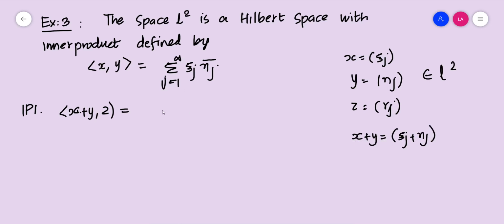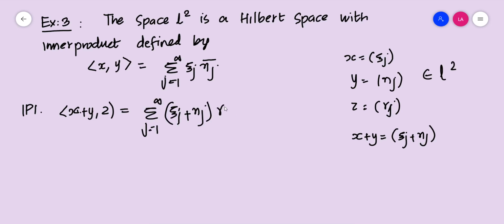So here the definition is taking the components of x and taking the components of y and multiplying the conjugate of the corresponding component of y with the component of x. That's the process we are doing. Here the components of x plus y are theta j plus eta j. So this is equal to summation j is equal to 1 to infinity theta j plus eta j times